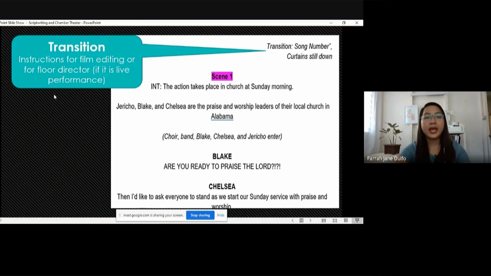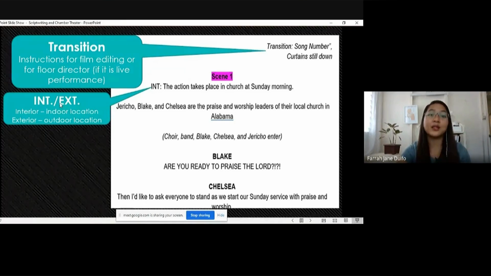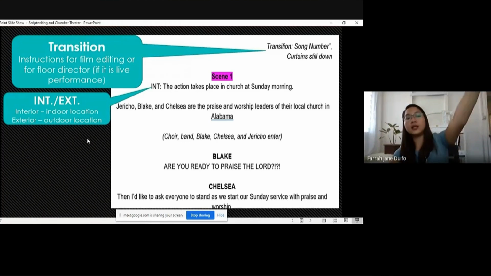Okay. Then you have the INT or EXT. INT is interior, meaning indoor location, and EXT is exterior, or outdoor location. And this one is very essential for films. When you are filming somewhere, you need to know if it's taken here in the bedroom, interior, or outside in the garden.